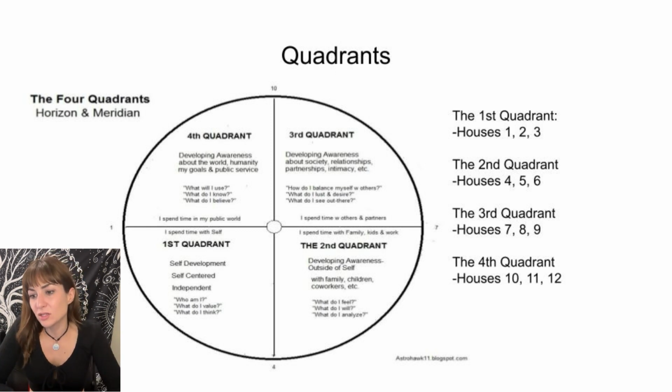Independence, and yeah, the questions are great. Who am I? House 1. What do I value? House 2. And what do I think? House 3. Okay, so then we move to the second quadrant, and that's going to be houses 4, 5, and